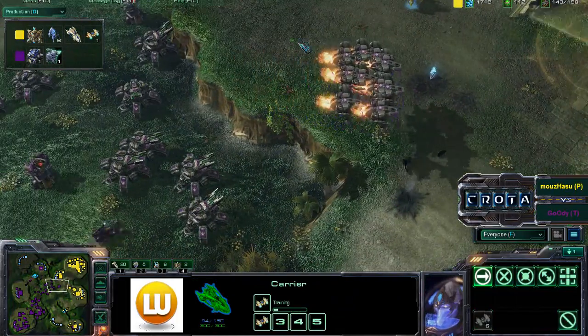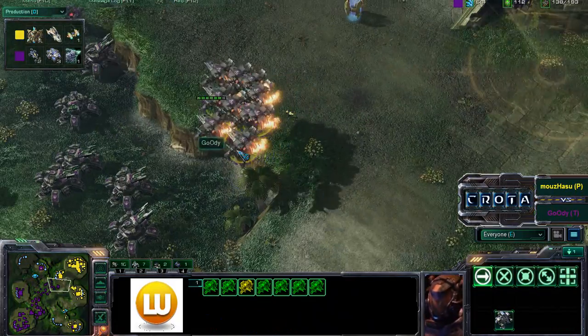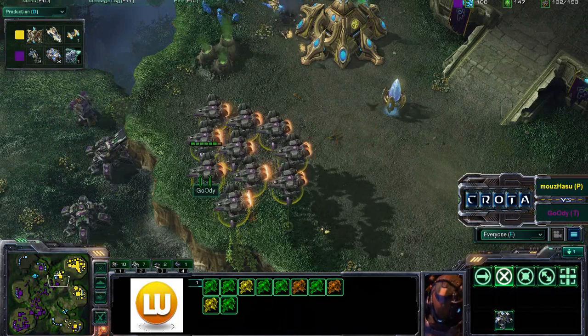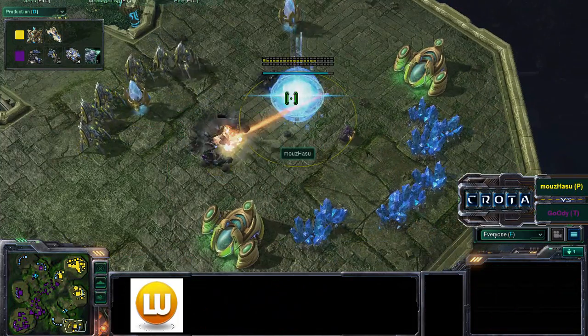But Hasu really needs to try to change up his strategy. These Vikings are just so difficult to deal with. He's just waiting for GoOdy to change up, to make some sort of mistake and lose too many Vikings. I cannot imagine that he's going to make any sort of mistake. GoOdy now tried